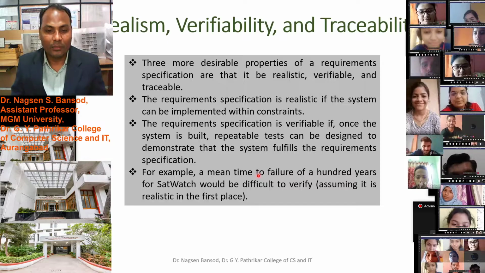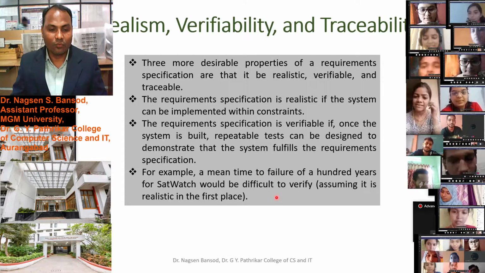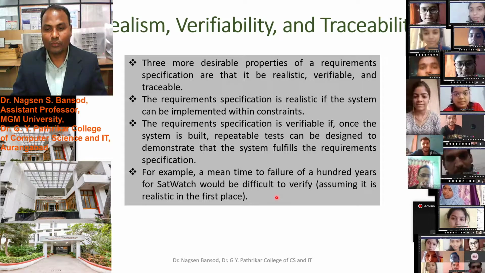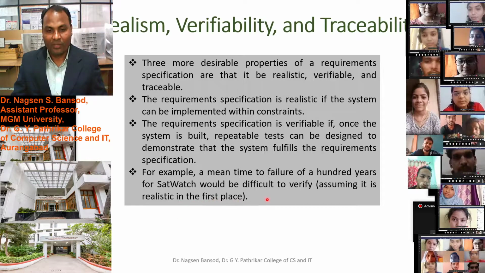For example, a mean time to failure of a hundred years for SatWatch would be difficult to verify. Assume it is realistic in the first place.